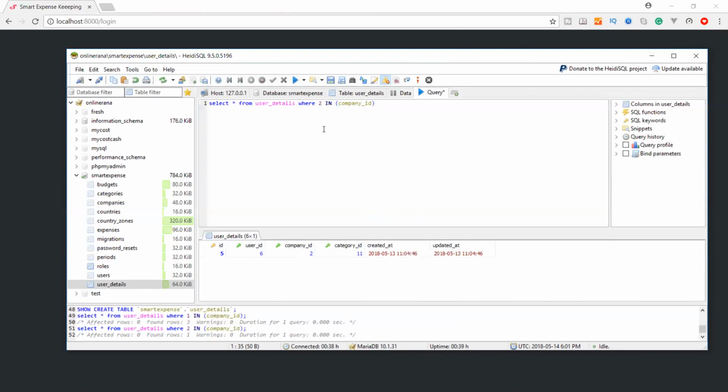Okay, now let's change to 1 and run it. Okay, let me add group by company ID.